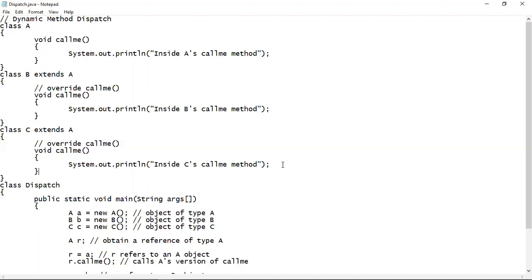That means the binding of the method to be called with the object being referred to is being done at the time of execution of the program. So these are the three names that are associated with runtime polymorphism, which is dynamic polymorphism or late binding or runtime polymorphism or dynamic method dispatch also. So this is how method overriding is mainly used to implement the runtime polymorphism concept in case of Java, which is a very important concept.